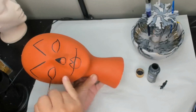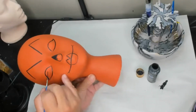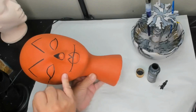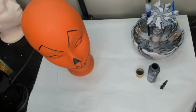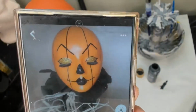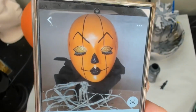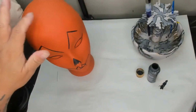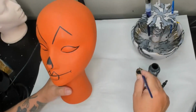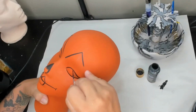I can show you the head I made a couple years ago with the orange that I prefer, and this is what we're doing right now. It's just a different color head. I did that a couple years ago. It's super cute. You just want to use the lighter orange, not this dark orange. This dark orange is great for the creepy pumpkins, I do the creepy pumpkins,